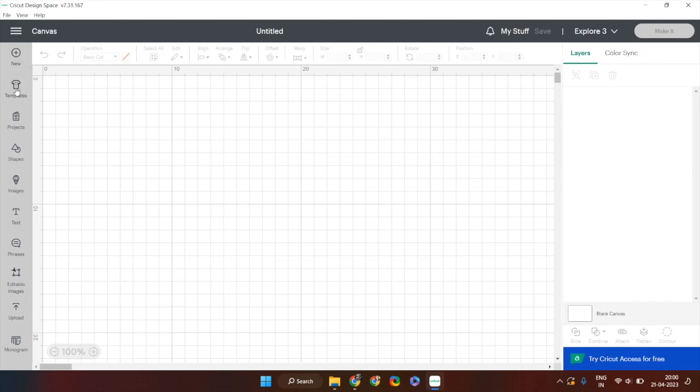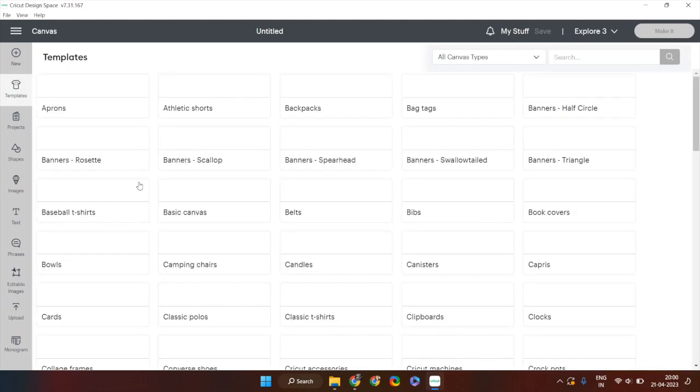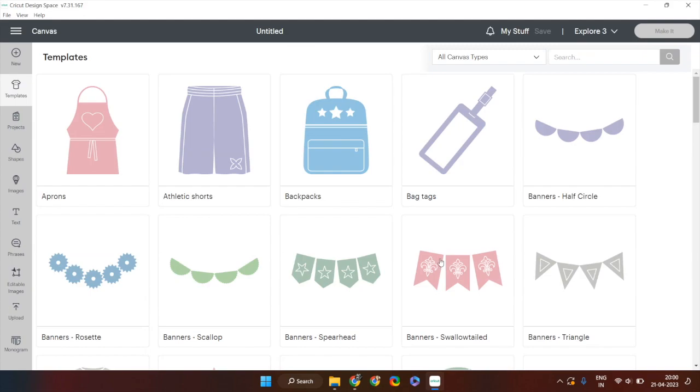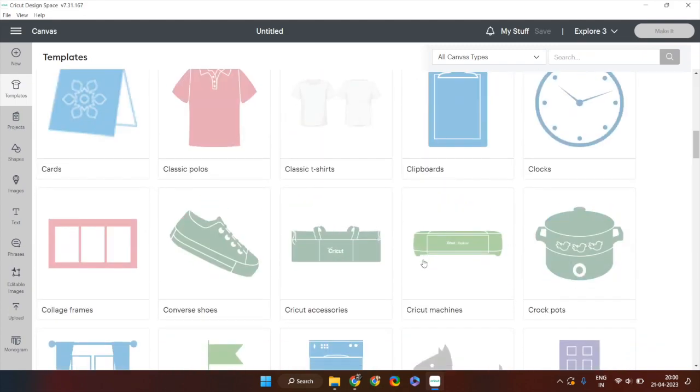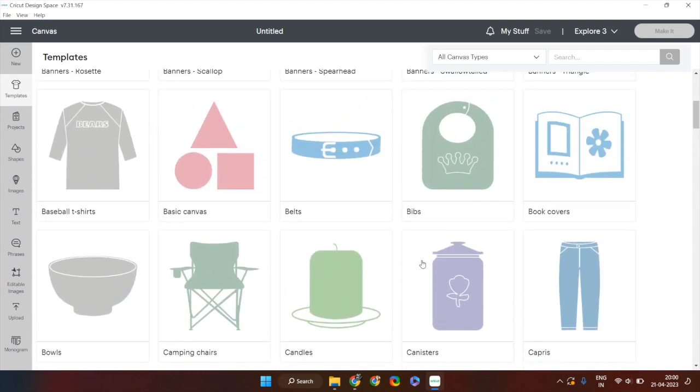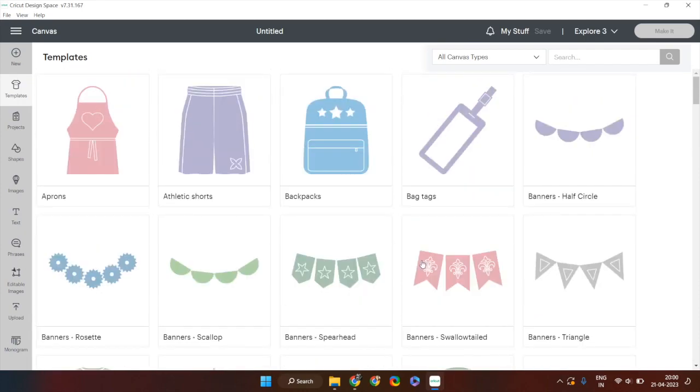Templates, these are the fixed templates, for example, against different kinds of shapes and topics, materials, etc. These are the fixed templates against which you can create your design. So these templates you can utilize in your canvas. So for example, if I select this apron,